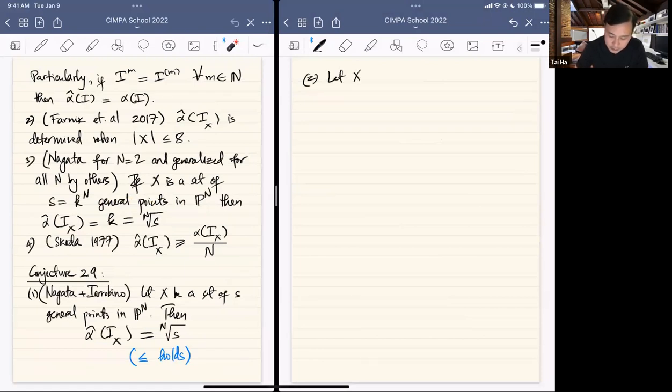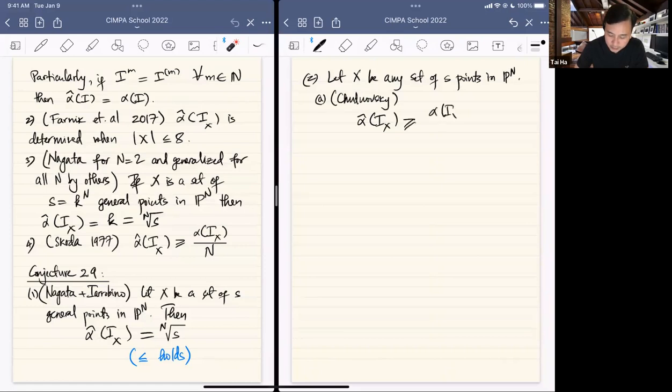And for Chudnovsky and Dimai, let X be any set of S points in P^n. Chudnovsky basically says that alpha hat of I_X, which is the Waldschmidt constant, is at least alpha of I_X plus n minus 1 over n,